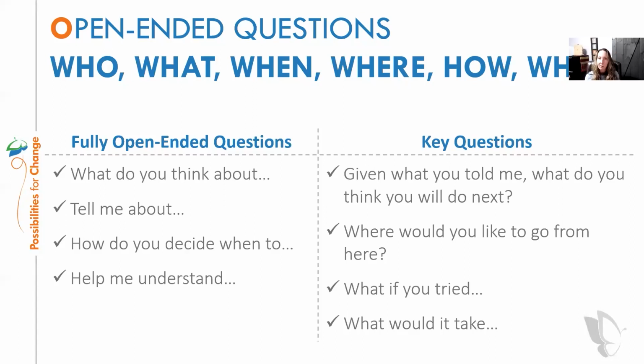So if you feel stuck, some of these are really helpful to kind of move you to the next place, especially with resistance. Well, what if you tried quitting vaping? What if you tried talking to your partner? What would that look like? What would it take for you to take your medication every day, for you to be safer when you're having sex? Some of those key questions help you move past resistance. So this is what is a deliberate use of an open-ended question. So kind of copy some of those down, try some of them out, especially if you're getting stuck.